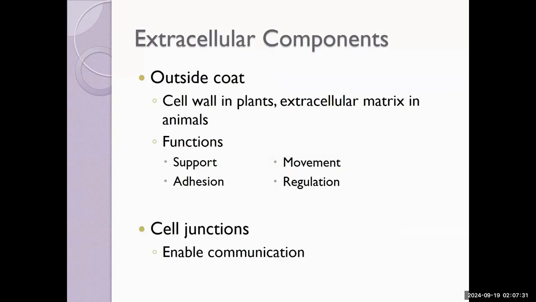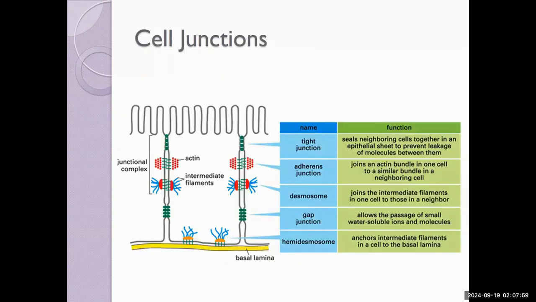Also on the outside of cells, you might see a wall to provide additional support, regulation, a structure to adhere to, to bind to, and there may also be junctions or gaps in this wall to enable the passage of molecules and communication. Again, we see form dictates function here. Tight junctions seal neighboring cells side by side together. This creates a waterproof layer that prevents leakage between those individual cells. This is how we generate tissues.